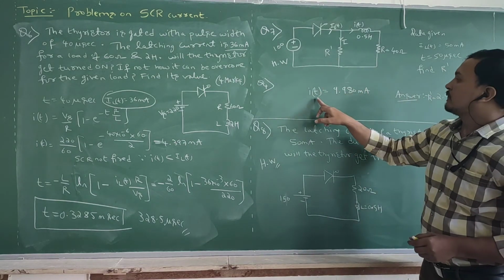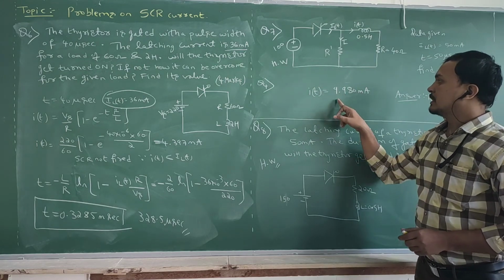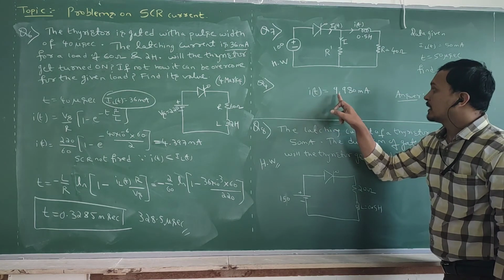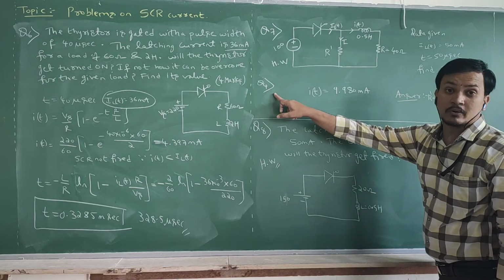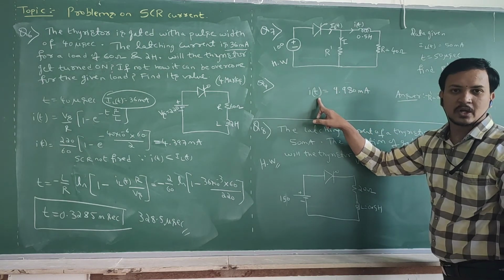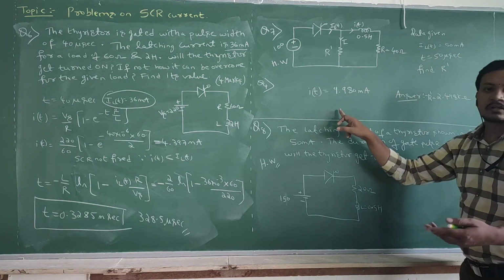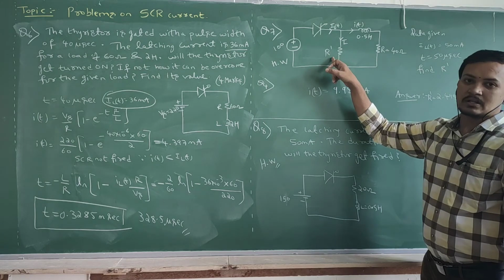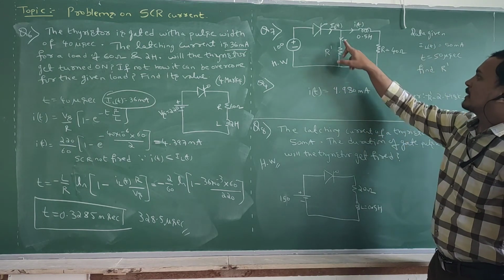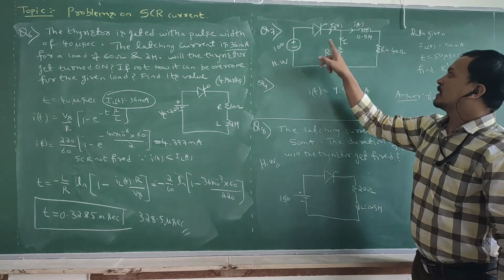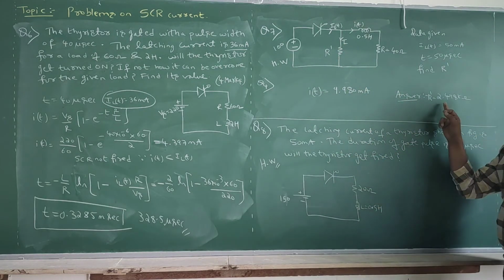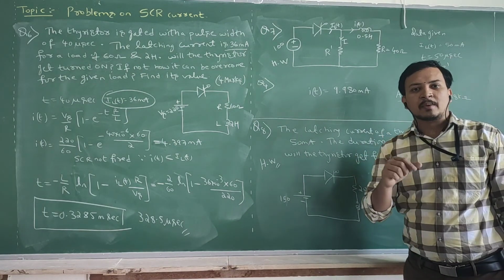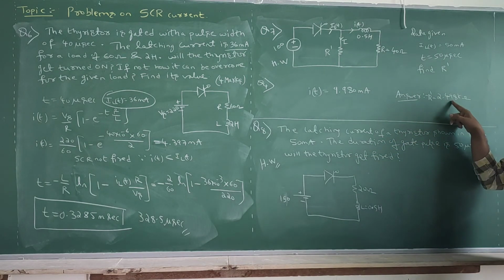Okay. So preferably you find I of t using the data given. Find I of t, 9.98. What is the latching current? 50 milliampere. This current is 9.98. Okay. Refer to problem number 4, then you can understand how we got this. Okay. So if this current is lesser than this, therefore SCR not fired. Therefore what should I do? I should connect a shunting resistance. For what value of shunting resistance? 50 minus this current, the remaining current flows here. Once I know this current, voltage by the current, you will get the shunting resistance. Answer I have given. Check out this. Once you solve these two problems, put your answer in the comment box. Okay. So R dash is 2.498 ohms.